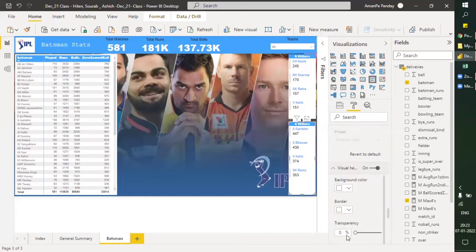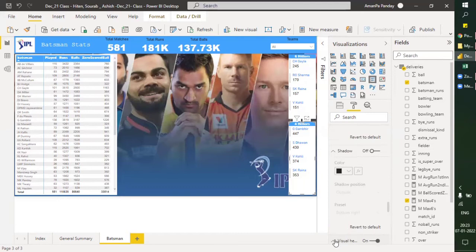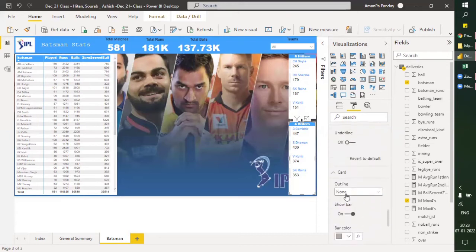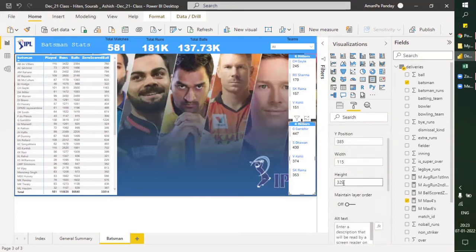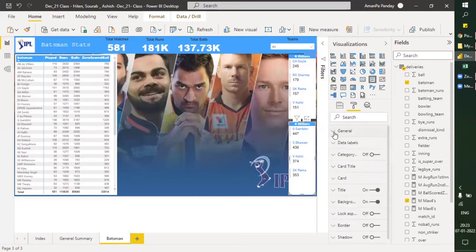Visual header, background. You have shown once the x and y axis kind of functions. Yes, just to arrange them. For example, if I don't want to drag and make the alignment, you can just go to general.